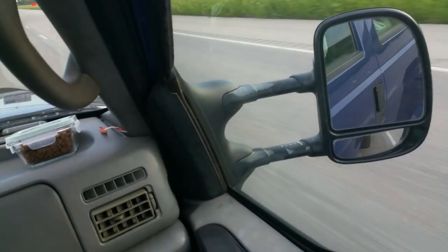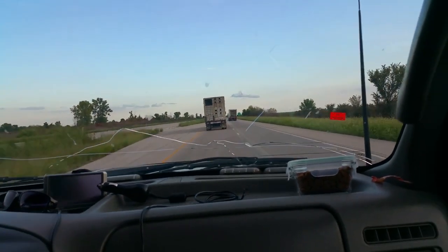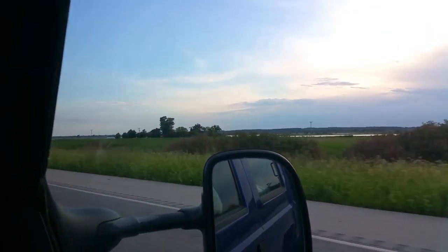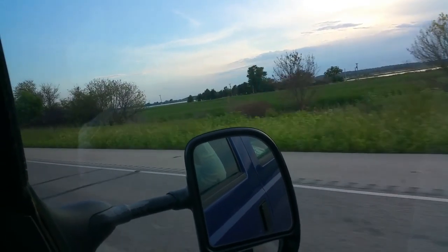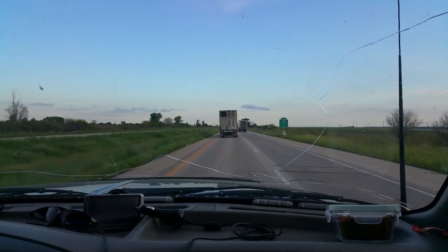They had I-29 blocked off till June, I guess, back there. There's all this flooding that happened in the spring. Remember all that flooding that shut all this down? Anyway, we're on our way to Kansas City. Hopefully we'll be there in the next...